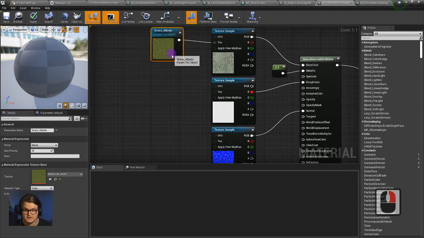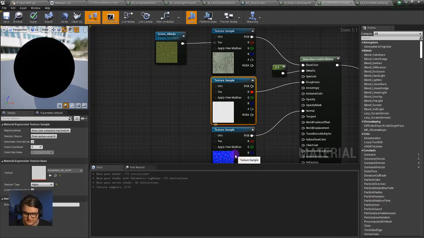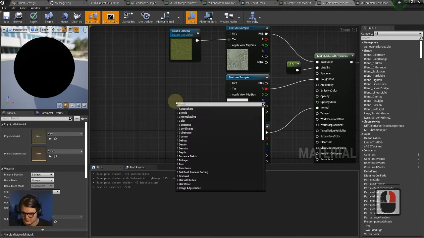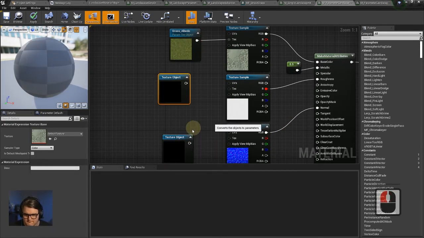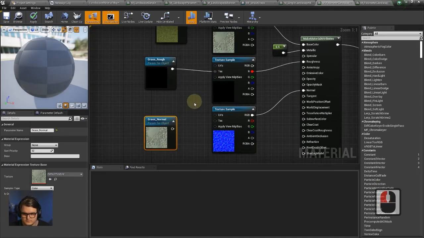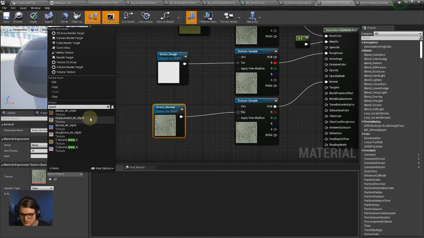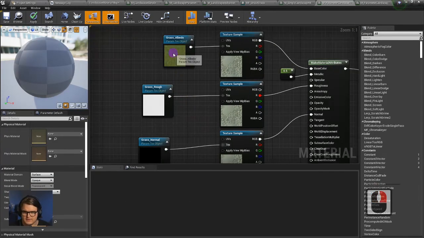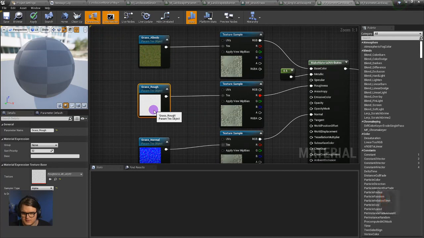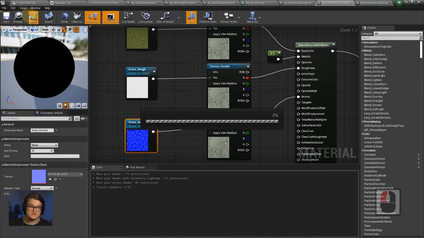And I'm going to do that again for the snow, for the roughness and the normal. Okay, so I have my three texture objects now set up, and they are all parameters, which means that once I save this,